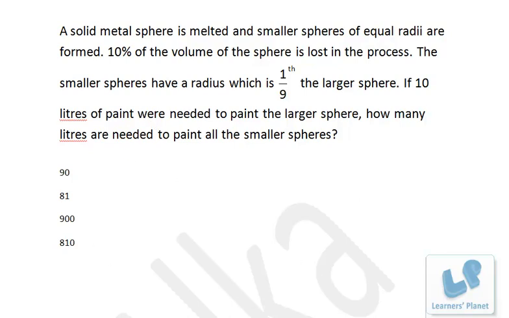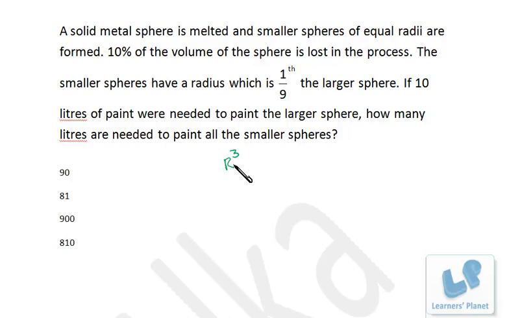Now, whenever you have to find the number when one body is converting to the other, in this case the large sphere is converted to the smaller ones, to find the number of small spheres, you divide the bigger volume by the smaller volume. Here, the important thing is this is a sphere, so the volume formula for the sphere is 4/3 pi r cube. Here only r is the variable, 4/3 pi is a constant, so you don't have to write that. So suppose initially the radius is capital R, so the volume will be R cube.